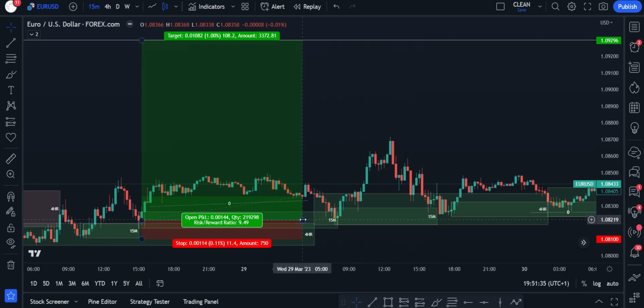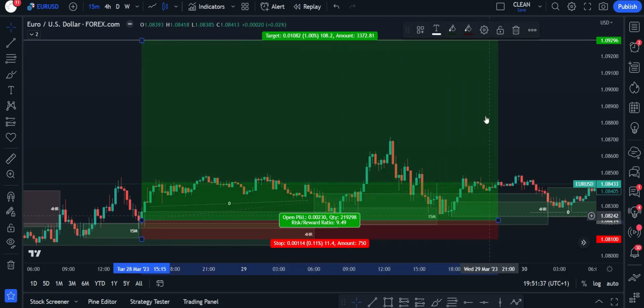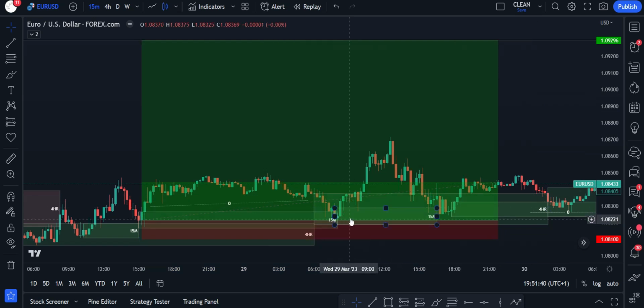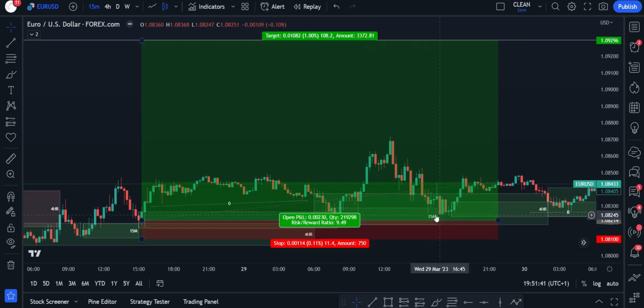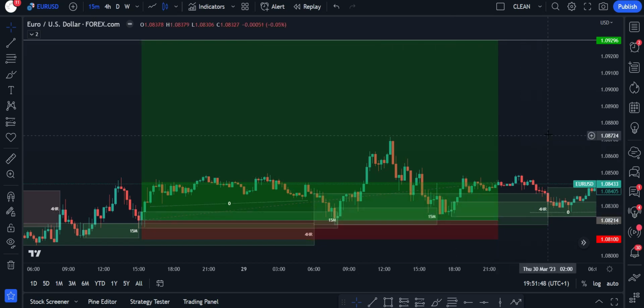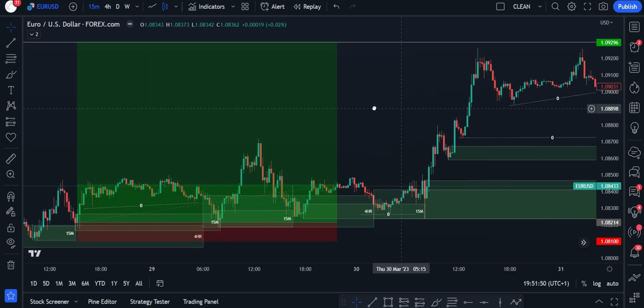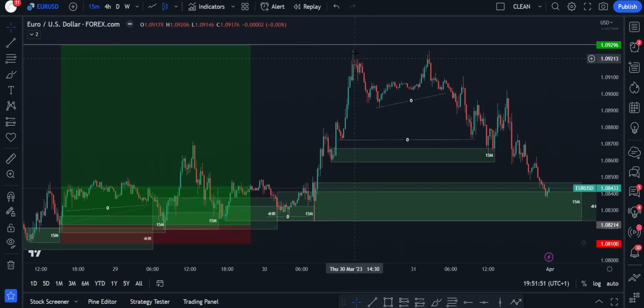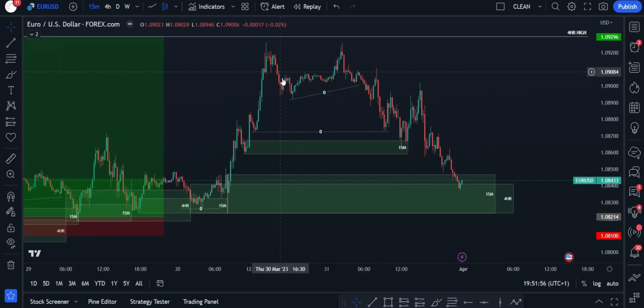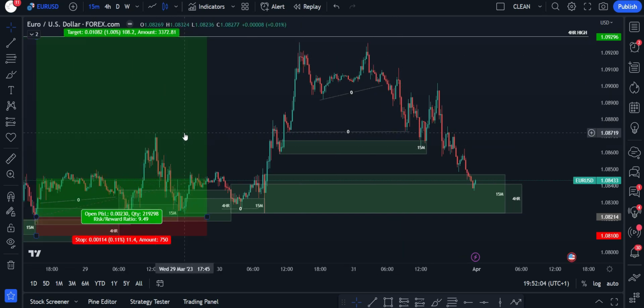But anyway, I'll just drag this across. I moved my stop up to just above break even. So what happened here was that price came down and just tagged me out just above my break even. And then let's just look at what happened. Price ran almost to my take profit,